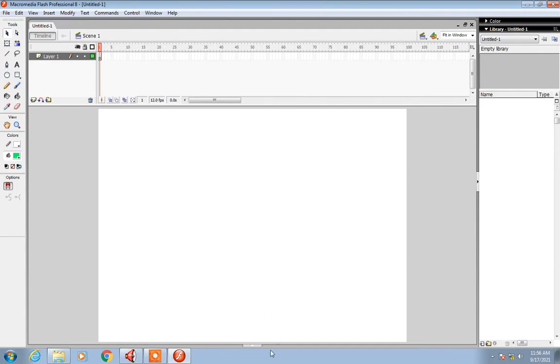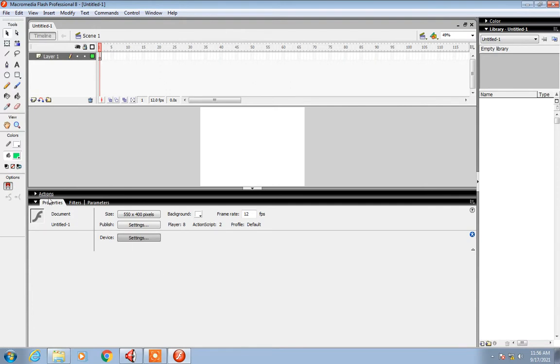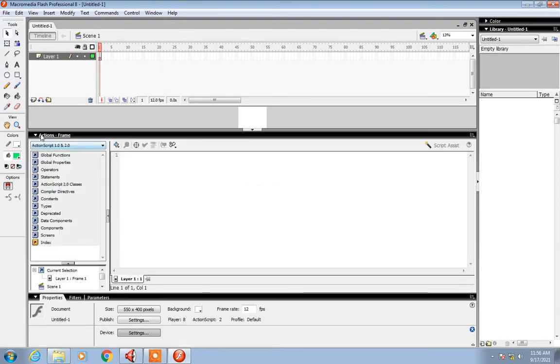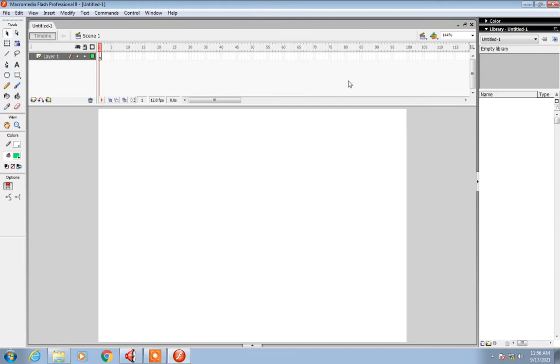The fourth part is the action script. You can see a small arrow over here below the stage area. So click on that arrow and over here we will have the action script panel. So all the coding related things can be done over here. Okay, so this is how the Flash window is divided into 4 important parts, that is the stage area, timeline, library and action script. Along with this, it also has a toolbox which will be useful for drawing all the objects. If we want to draw any objects on the stage area, we can make use of this toolbox.